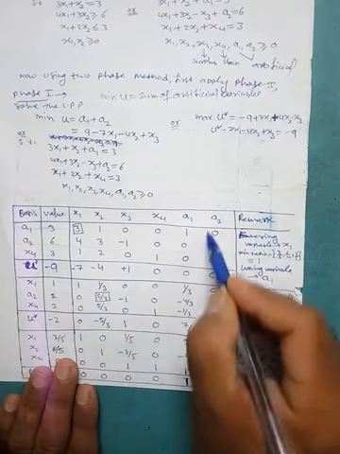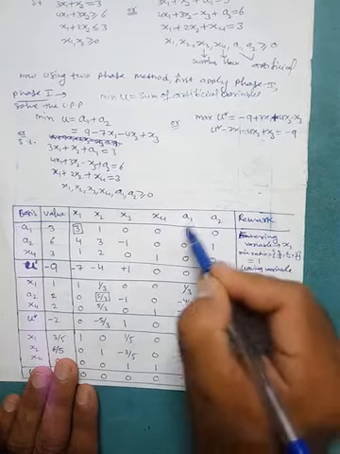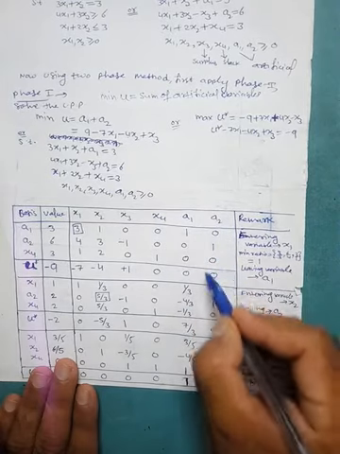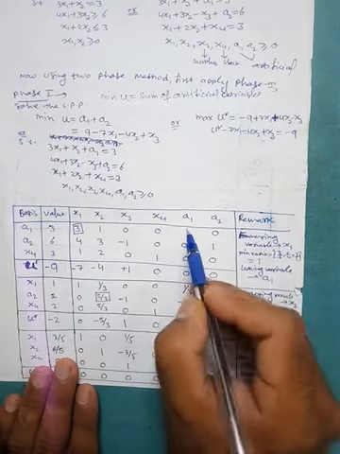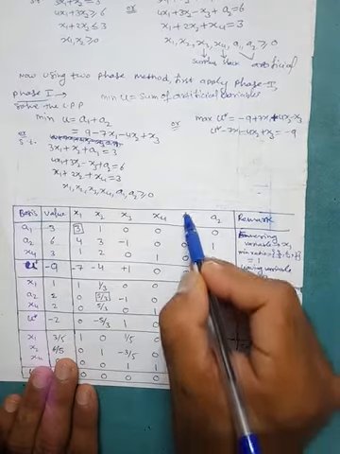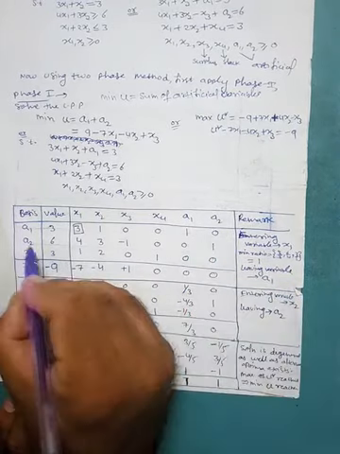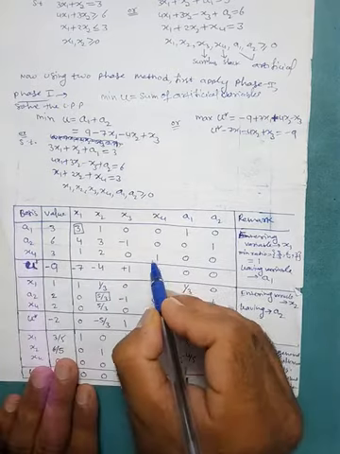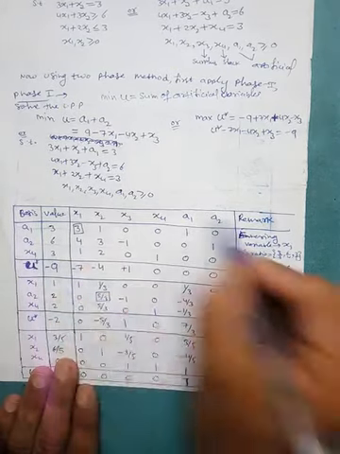Now identify the identity matrix. So this is the identity matrix. First column is associated with a1, second column is associated with a2, and the third column is associated with x4. That's why corresponding to this one we have a1 here, because this is associated with a1. Similarly, the second column is associated with a2, so write down a2 here. Third column is associated with x4, so x4. So this is our initial basis.